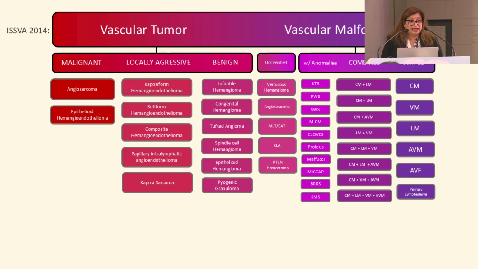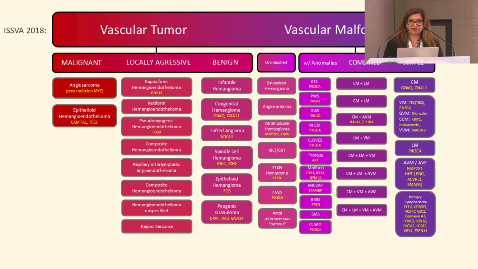They took on characteristics of each other. The malformations were more dynamic and tumors were more like malformations. And then in 2018, genotypes were included in the ISSVA classification. And that is critical in our medical management, because once you have a gene, you have a target, and you have something that you know you can actually treat, or at least attempt to treat,